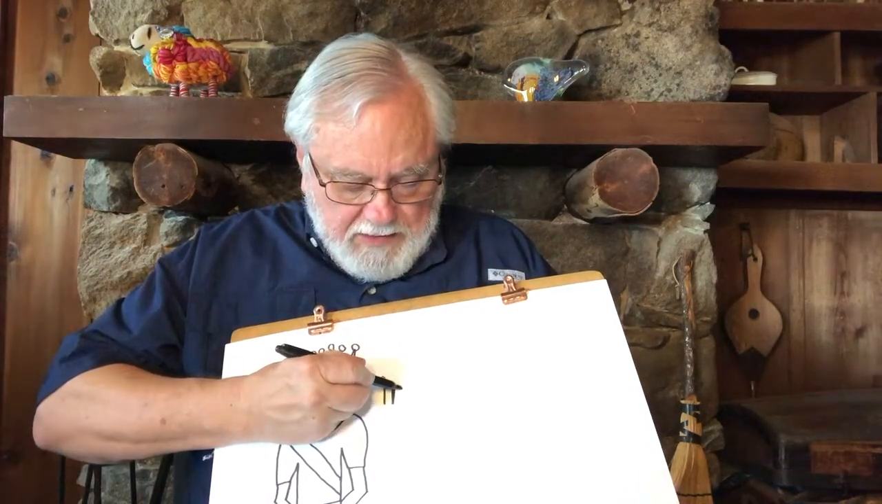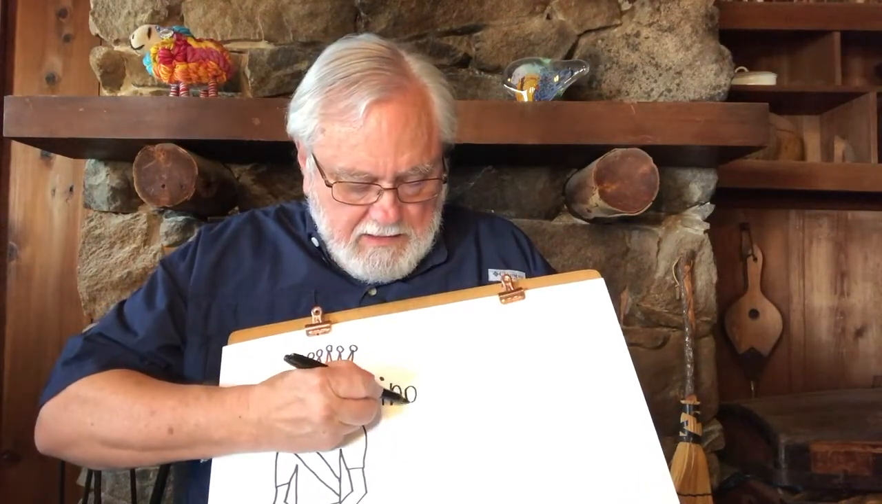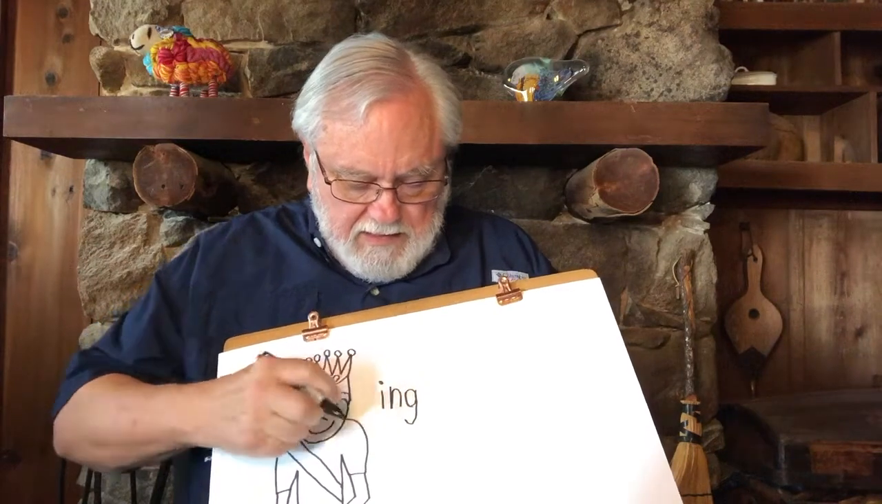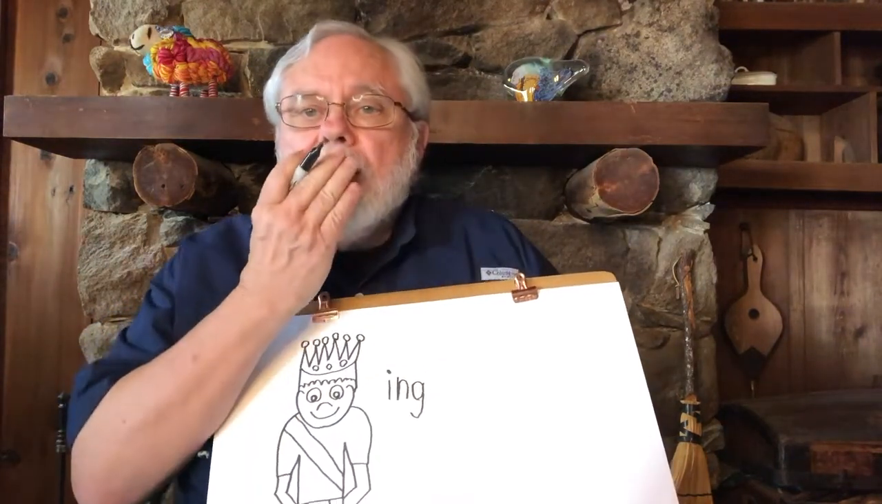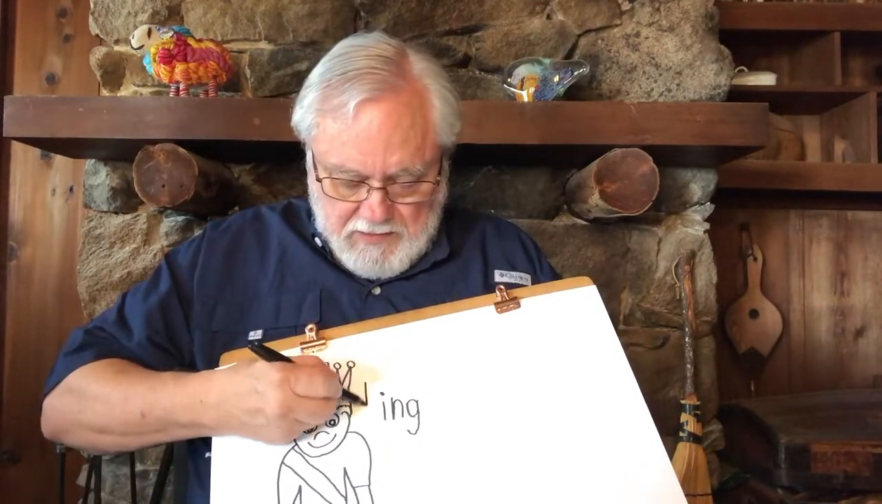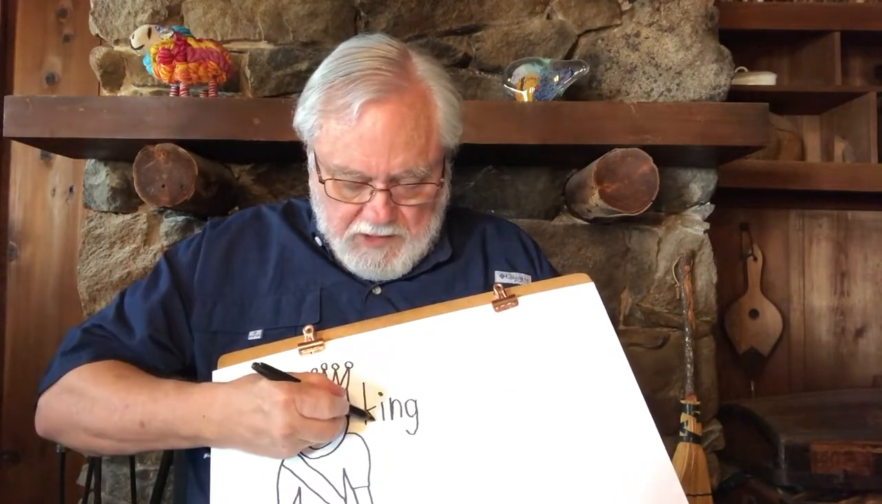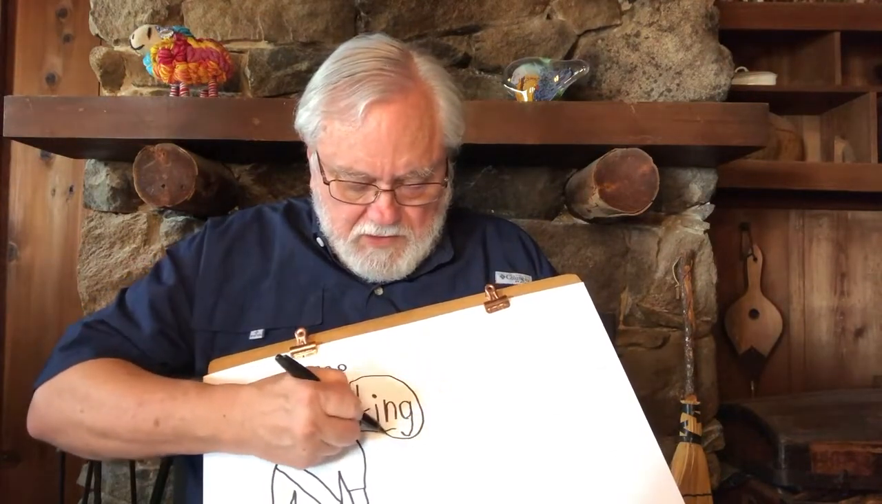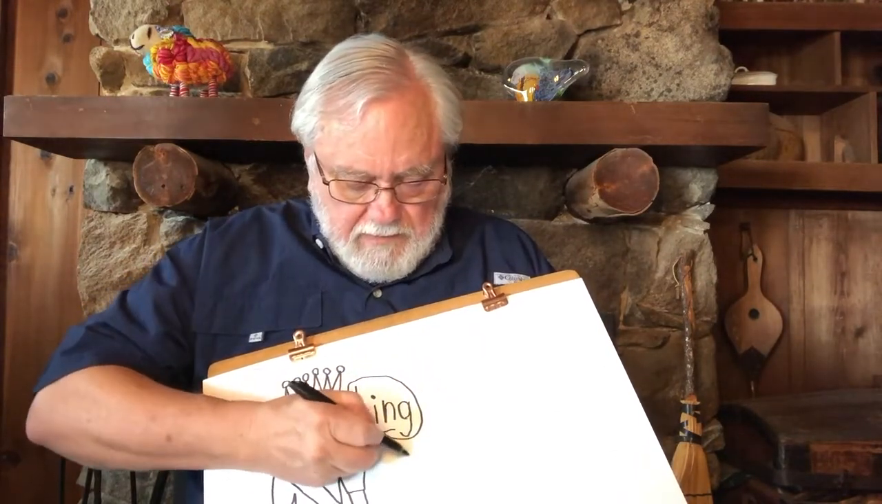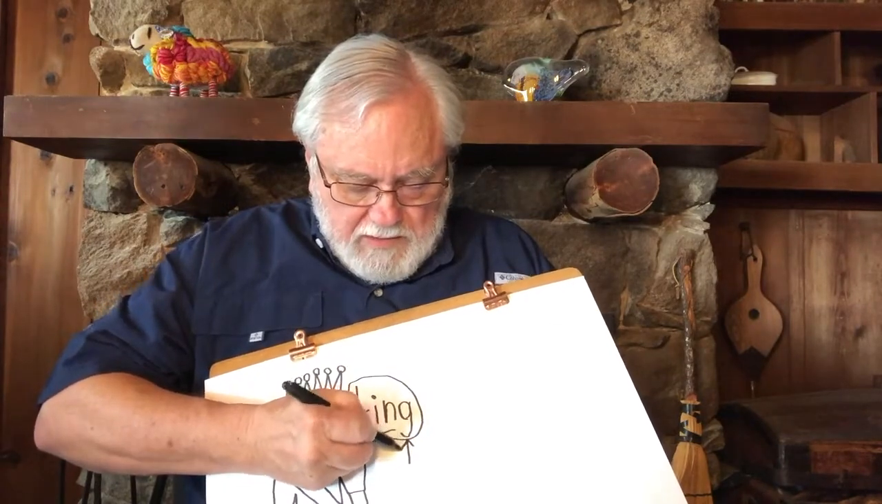And how did he spell his sound? With an N and a G. So what does that say? Ing. And what does king start with? K, for blowing kisses. So let's put a K at the beginning. Now if I put that in a circle and tie the string on, and I draw an arrow to it,